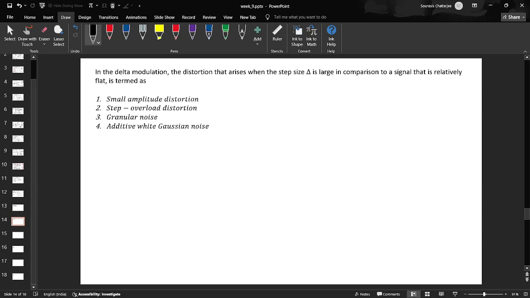This question is about delta modulation: the distortion that arises when the step size delta is large in comparison to a signal that is relatively flat, what is that termed as? We have discussed delta modulation in detail in the previous session, in case you can check that out. So this is nothing but a differential